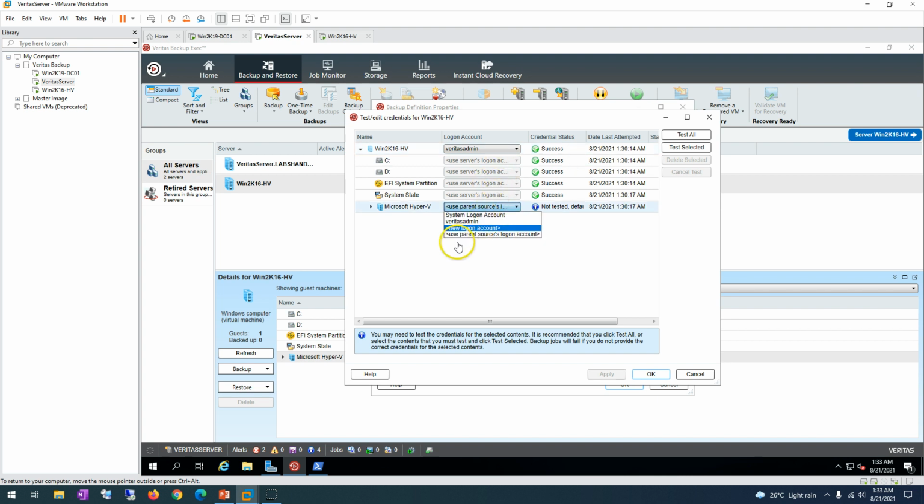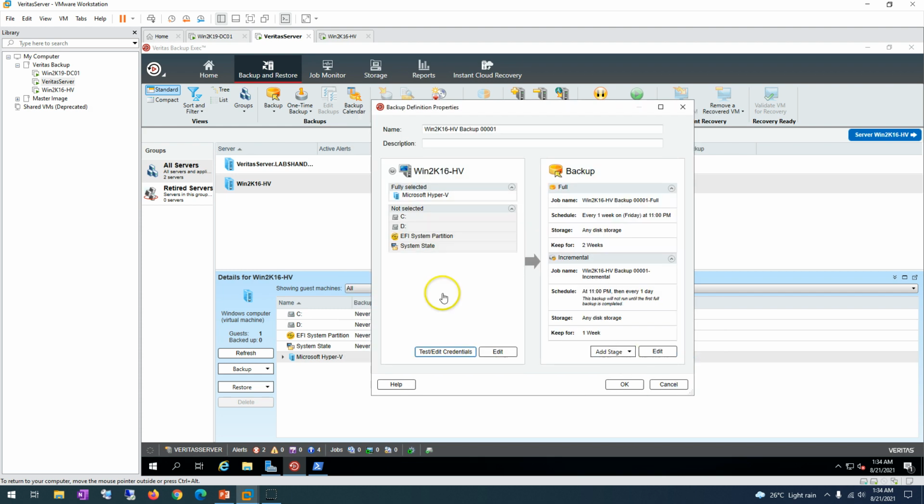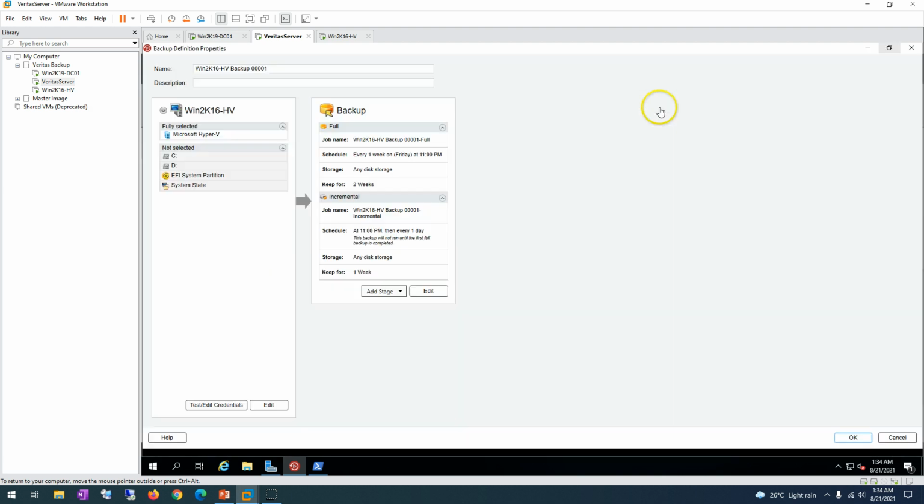And also you can do the test for these things. If you want to do the test, you can see everything is successfully completed. And you can do the test for anything. You just need to make sure the authentication user account you are using is authorized to log in to the Hyper-V host, and you're good to go to take the backup. So this is good. You can click on apply,